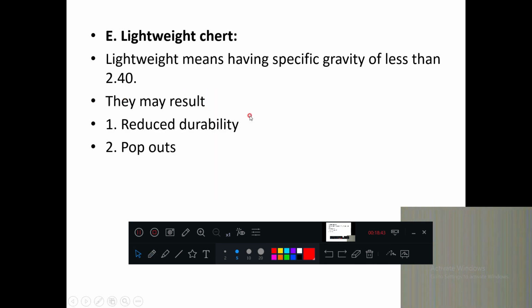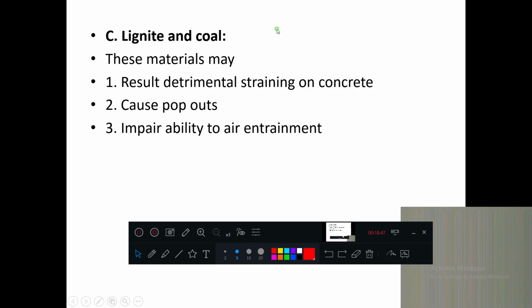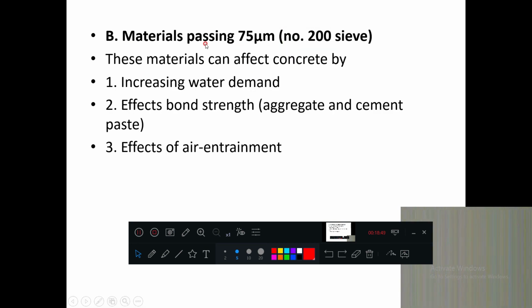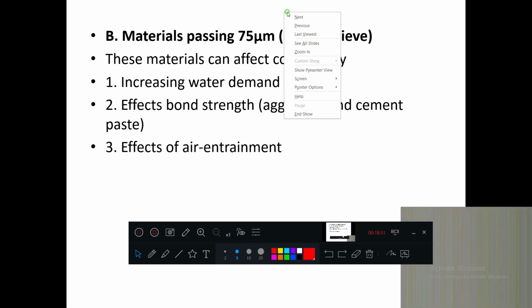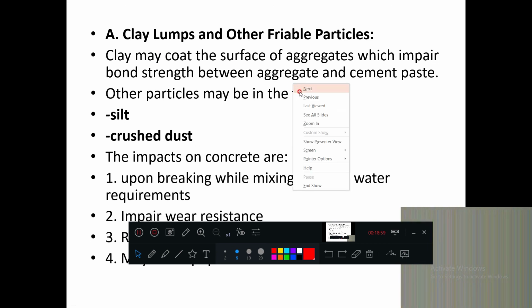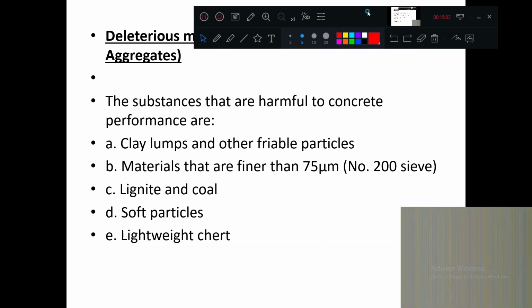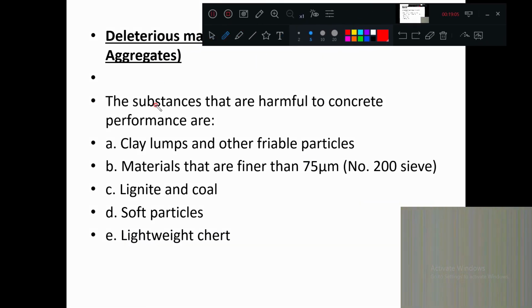Okay. So lightweight chert, soft particles, lignite and coal, materials passing 75 micron, very less. Clay lumps. So how many types of materials are there as impurities?